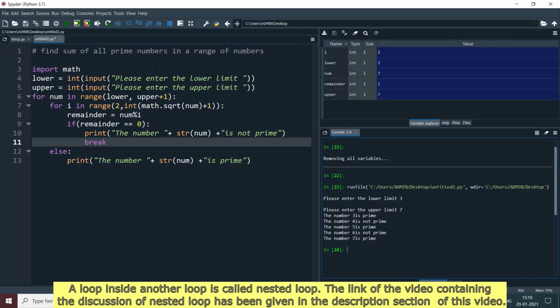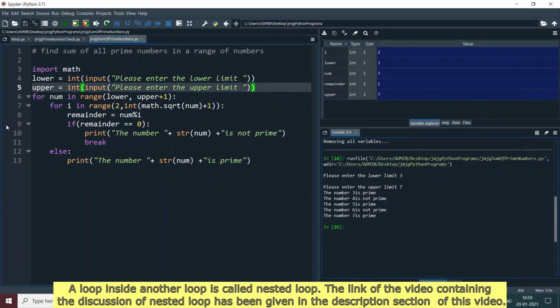Fine. So you can see the number 3 is prime, 4 is not prime, 5 is prime, 6 is not prime, again 7 is prime. So here what is happening, for each value of the iterator variable num, we are checking whether it is a prime number or not, and we are accordingly printing it in the console.